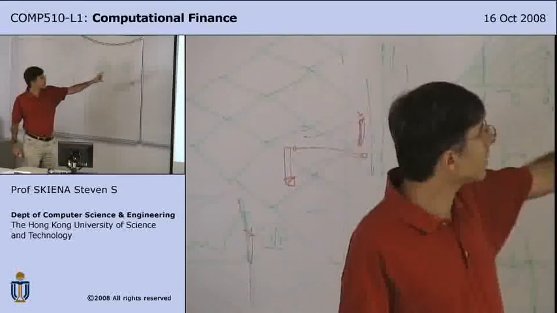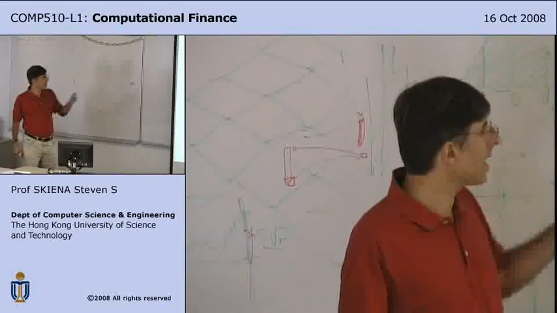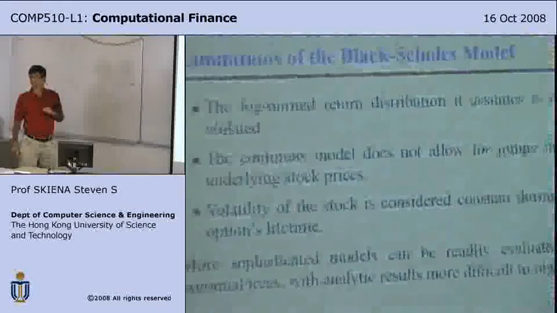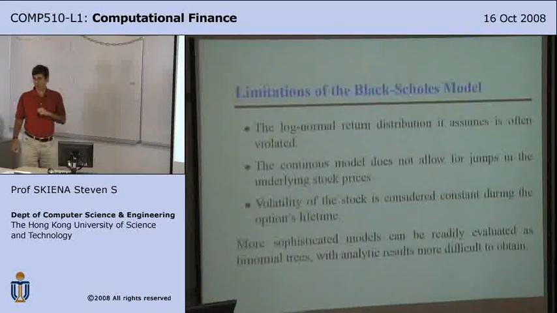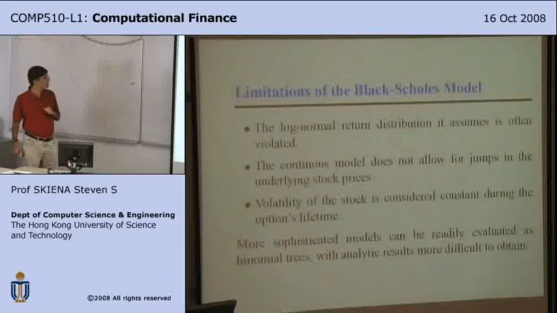It is a continuous model. That is a problem, because as we notice, stock prices are not continuous. They change. The market is not always open. And stock prices do change in discrete jumps. At the very least, every stock price can't change more than a penny. By definition, the smallest change is a penny. So that part isn't true.